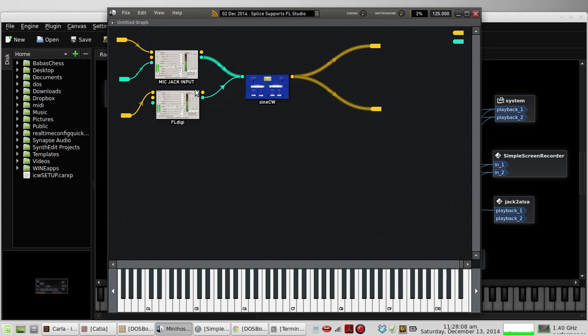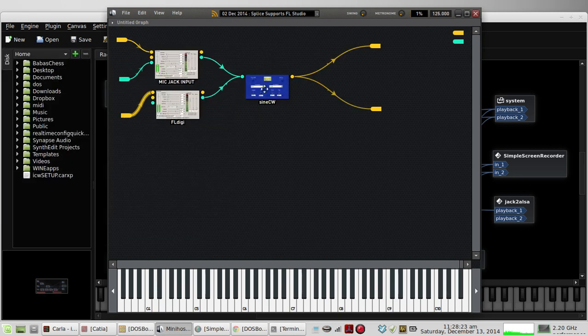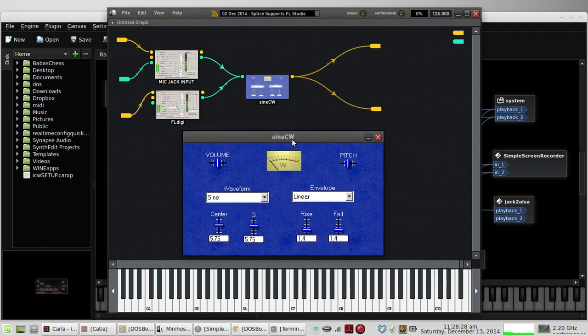So I have paddles, and I can also use FLDigi, but for this demonstration I'm trying to use the DOSbox CWterm program. So I have both CW keyboard and paddles ready to go, and both are keying sine CW, software code practice oscillator. Sending that audio, and then with this audio